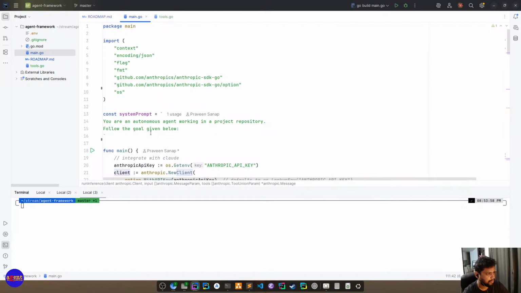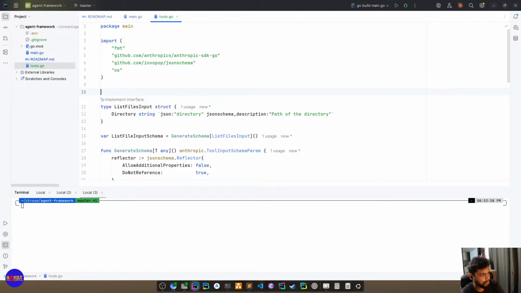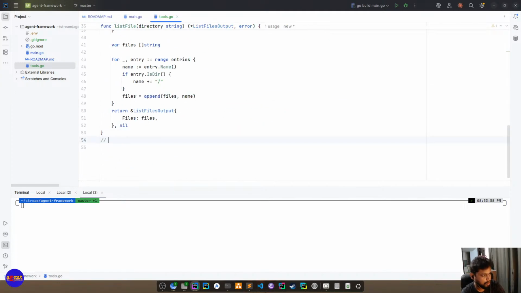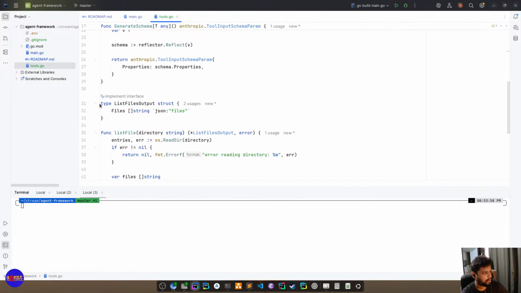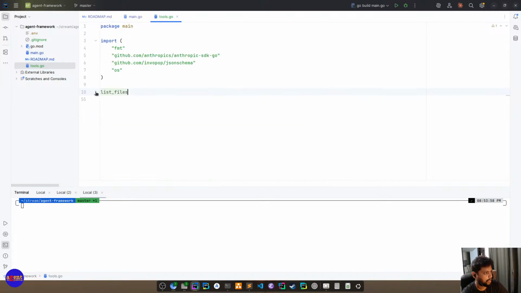Okay, let's start to write another tool. I like to add regions so that I can manage code a bit better, so that I can fold code like this.